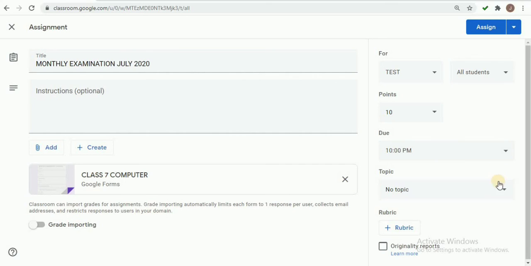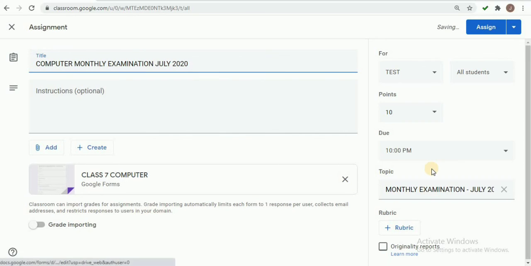Then next I am giving the topic as monthly examination July 2020. I am adding computer also to the title, so I am giving computer monthly examination as the title and the topic as monthly examination July 2020.